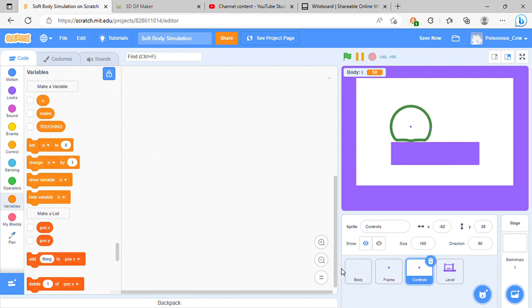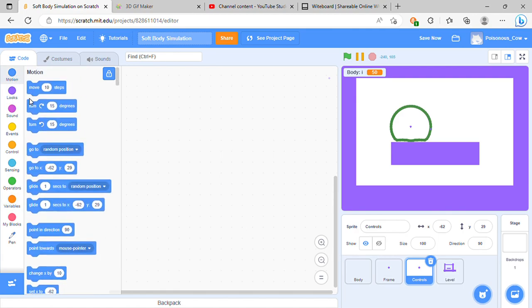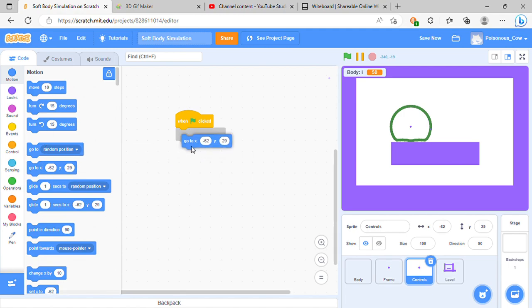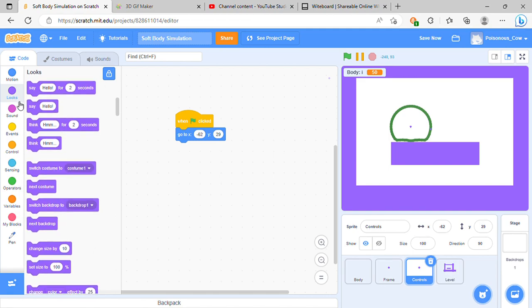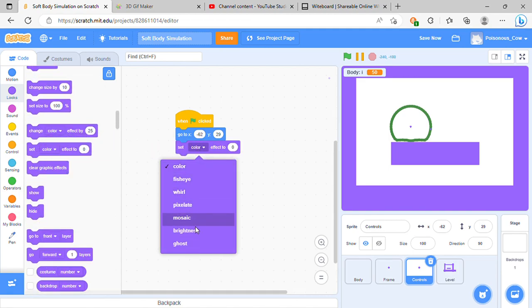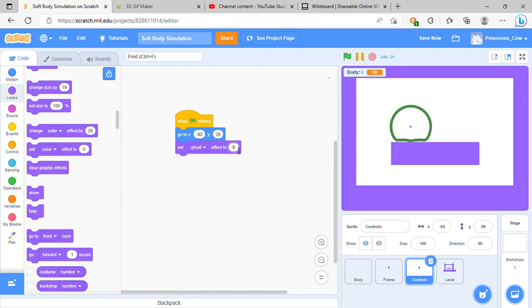And actually we need to hide this. What I'll do is I'll put a when green flag clicked, and I'll make it go here, go there. And I'll set its ghost effect to 100. I don't want to see this, and make sure we're not hiding it. Forever,